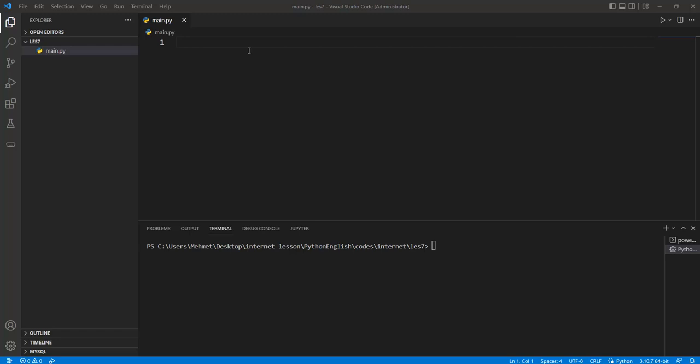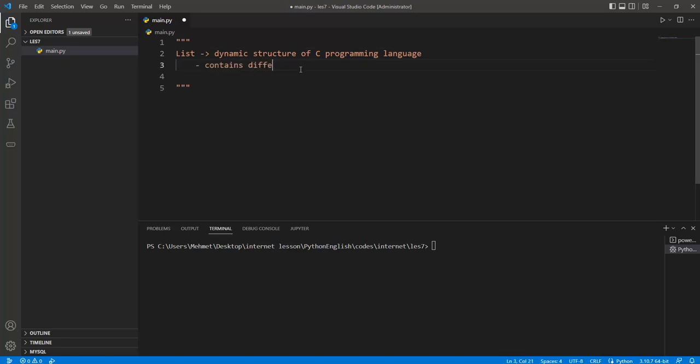Hello guys, in the previous lesson we talked about the string class in the Python programming language, and so one of the different types of data variables in Python is the list. Okay, and so list is like a structure, but the dynamic structure of the C programming language. Okay, and so it contains different types of data